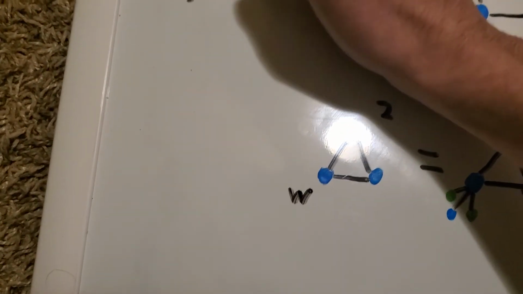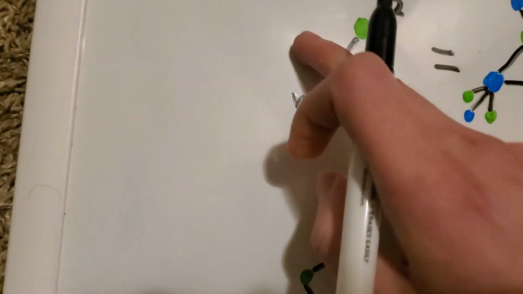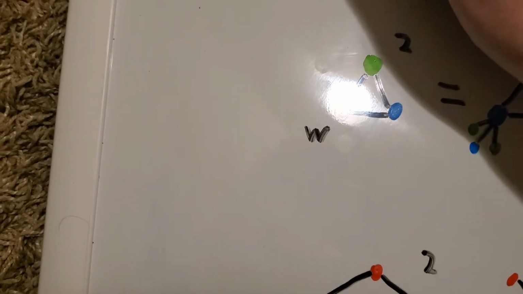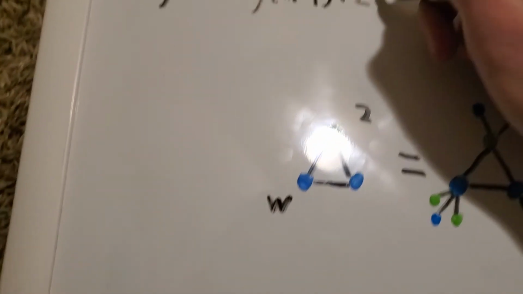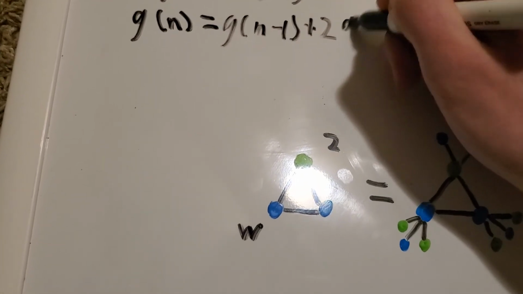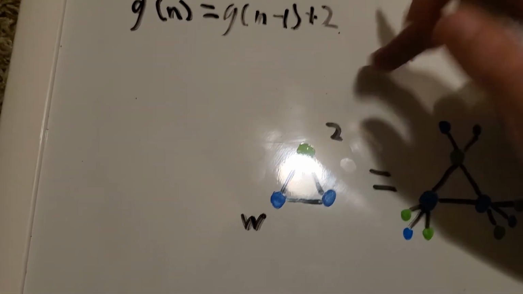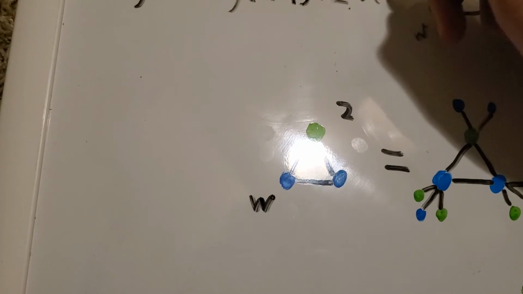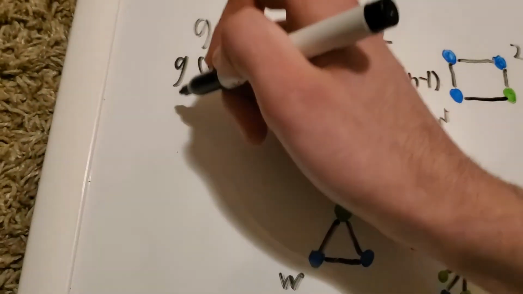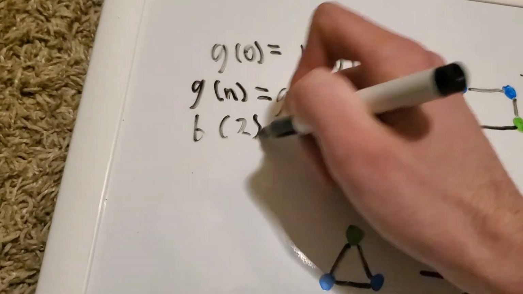Well, we're multiplying. g of n would be equal to g of n minus 1 plus 2g plus 2b of n minus 1, and b of n